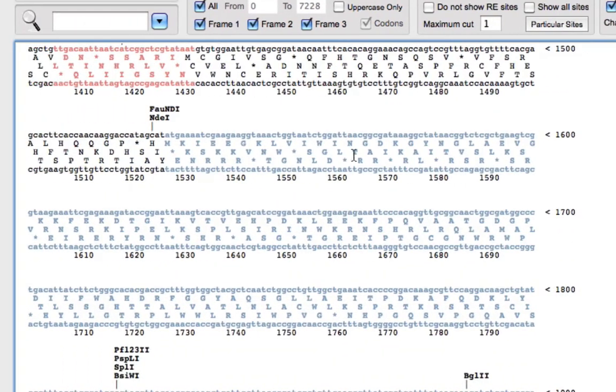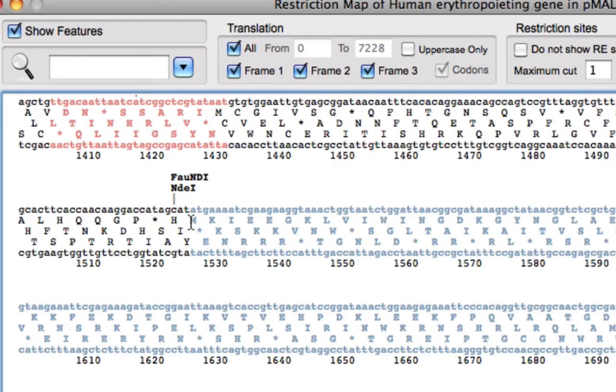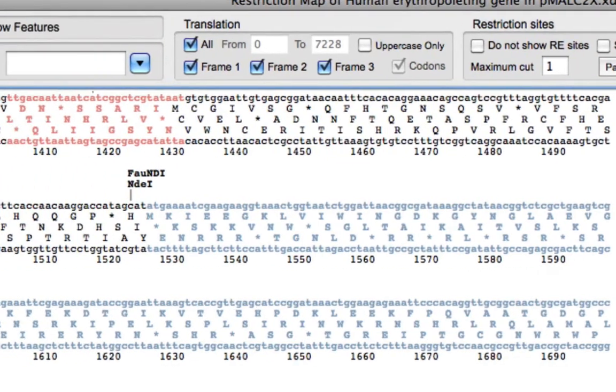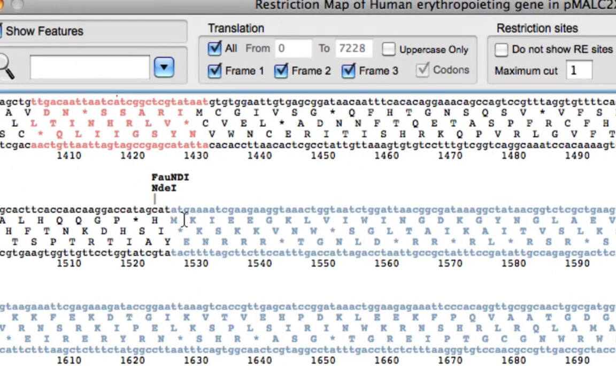So let's go back to the maltose binding protein. It's at 1528. Here we are looking at this site 1530, which is written at the bottom. This is where the 1530 nucleotide starts, that G. Before that there's a T, so 1530, 1529 and 1528.